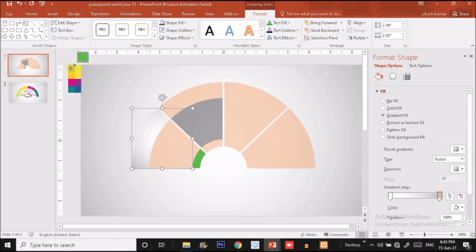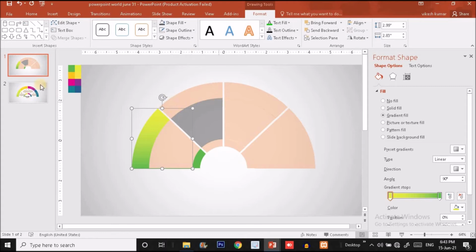For the right stop I will use this color. For the left stop I will use this color. But the type should be linear, okay, and the angle should be something like this, okay.